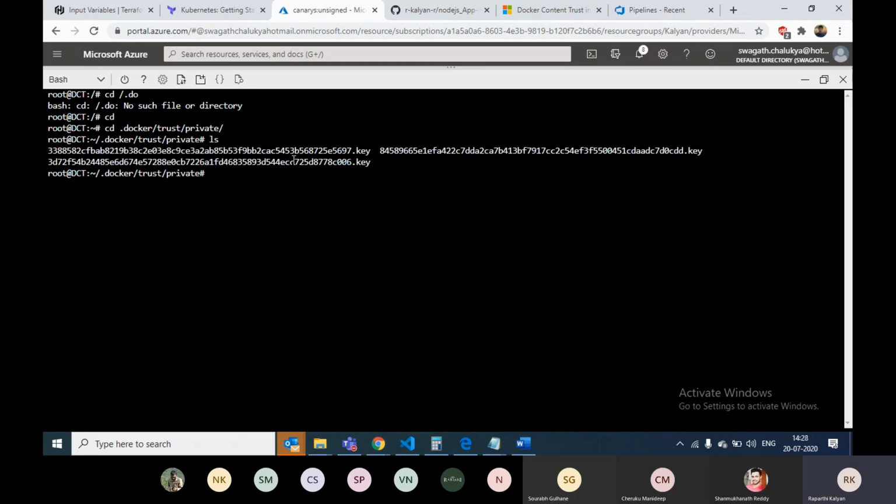These are a couple of keys which get created when you add the signer. I don't want to use the already pre-existing keys. I'll create a new key with a fresh signer. I'll remove all of this.